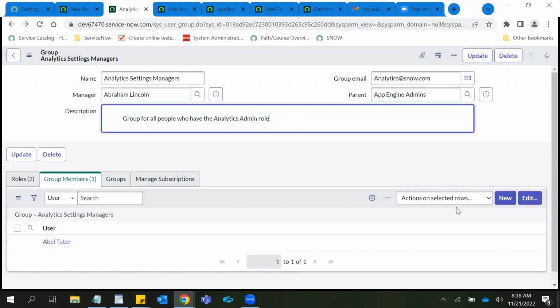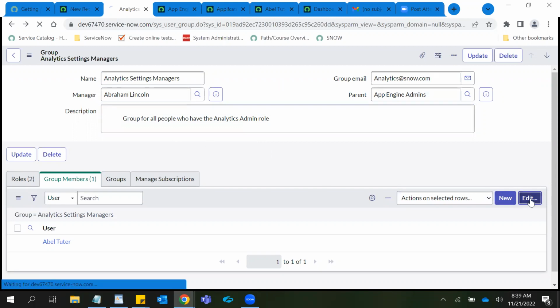So as I said, that is used to create a new user. And here, what we have here is the edit button. So this is used to add the existing users to the group as group members. So if I click on edit,